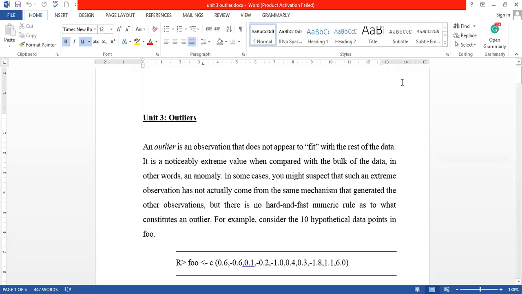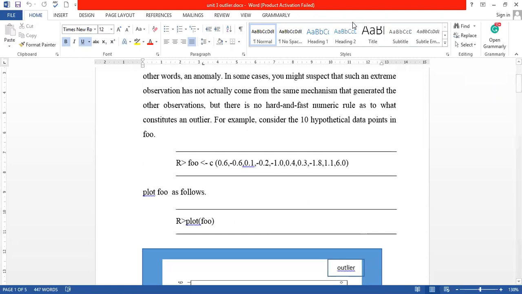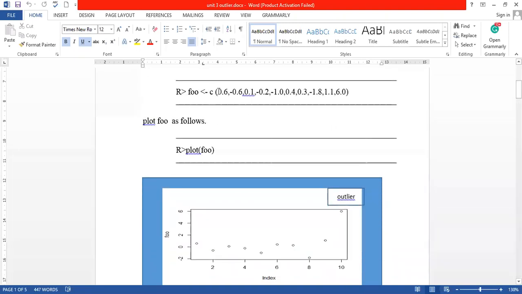Suppose here I have taken an outlier value. This is a vector, which is a collection of 10 values. If you plot it, suppose we have taken it as a vector foo. To assign a vector, we take a small c and write the values of the vector.